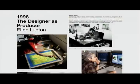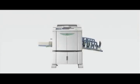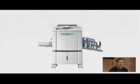And this is actually Ellen's quite pivotal essay from 1998 called The Designer as Producer, which theoretically fuels the whole notion of the show, at least curatorially. The equivalent today, along the lines of older, more analog technologies being recuperated and revived,